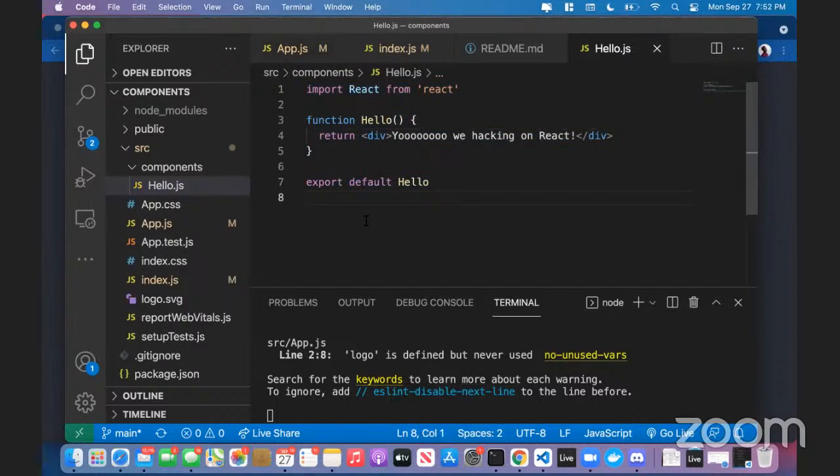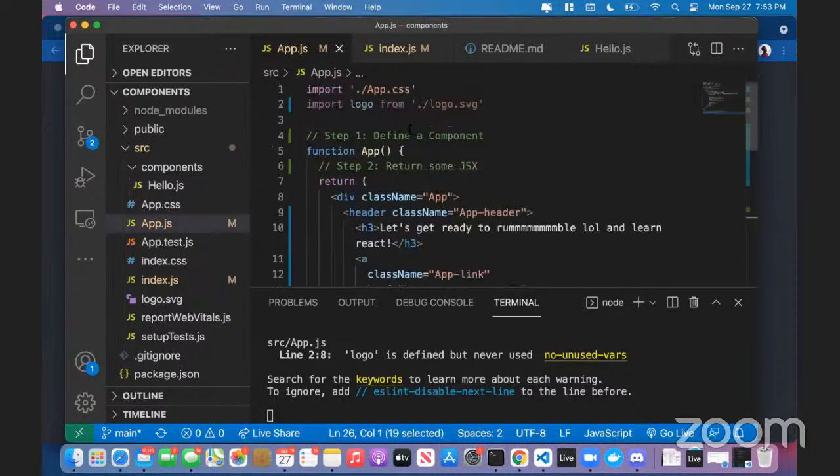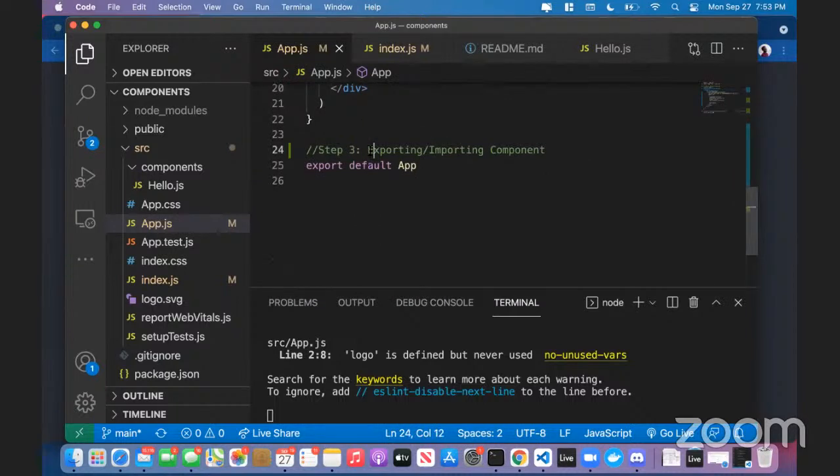One of the reasons functional components are so popular in React is because of how easy it is to write them. All you've got to do is write the function keyword with the name of the component, and inside of the curly braces, you write a return statement and you can return some JSX. Remember, these are the same 3 steps that I talked about here. Define the component, give it a name, return some JSX that will be rendered on the screen, export, import components,